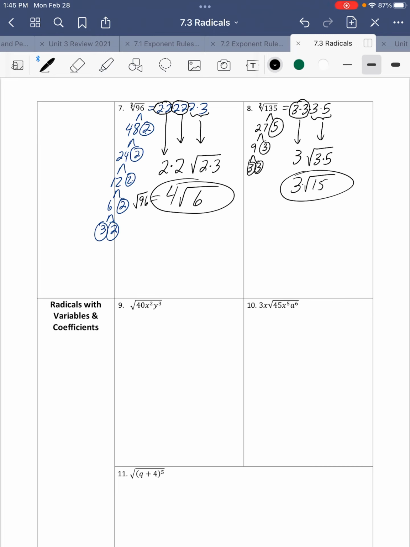And that is it for simplifying radicals just with